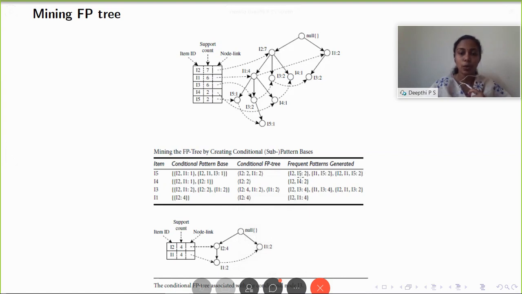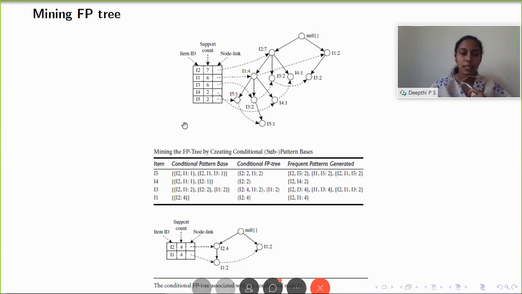So this is how we generate frequent patterns. So take the join of the sets in the FP tree with the item. So there are two items, I2 and I1. So the first set will be I2, I5, second set will be I1, I5, and then join of these sets, that is I2, I1, I5, and give the support count.